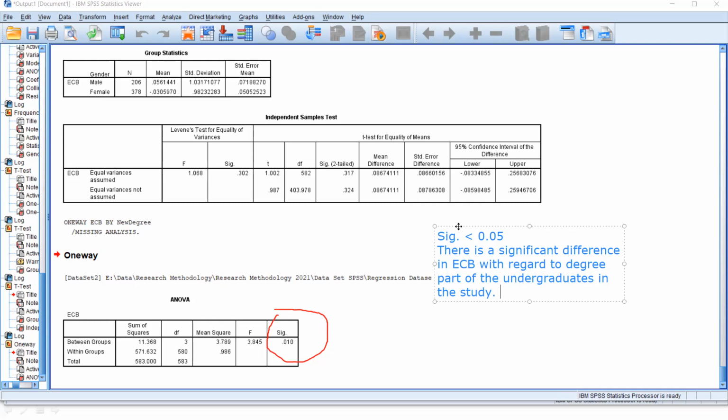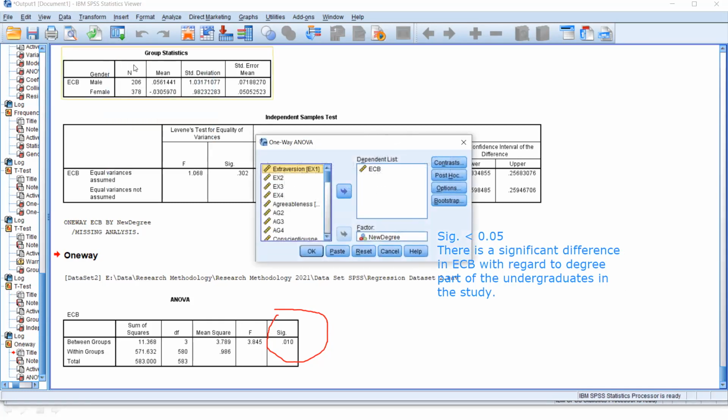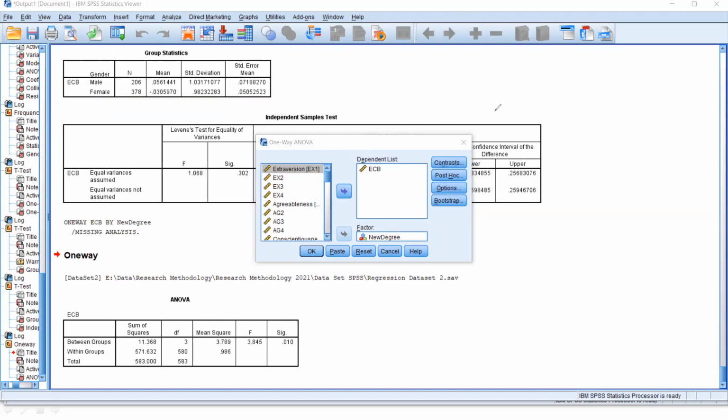Right? Now, how can we see which part has the highest ECB and which part has the lowest? Because the result doesn't indicate like this. So you have to do one additional thing. First, we need to check the significant differences. If there are significant differences, then we are going back to this one. Then you select in here the post hoc. මෙතන තේරෙනවනේ post hoc කියලා command එක. ආයි එතනටම ගිහිල්ලා මේ post hoc command එක select කරන්න ඕනේ.